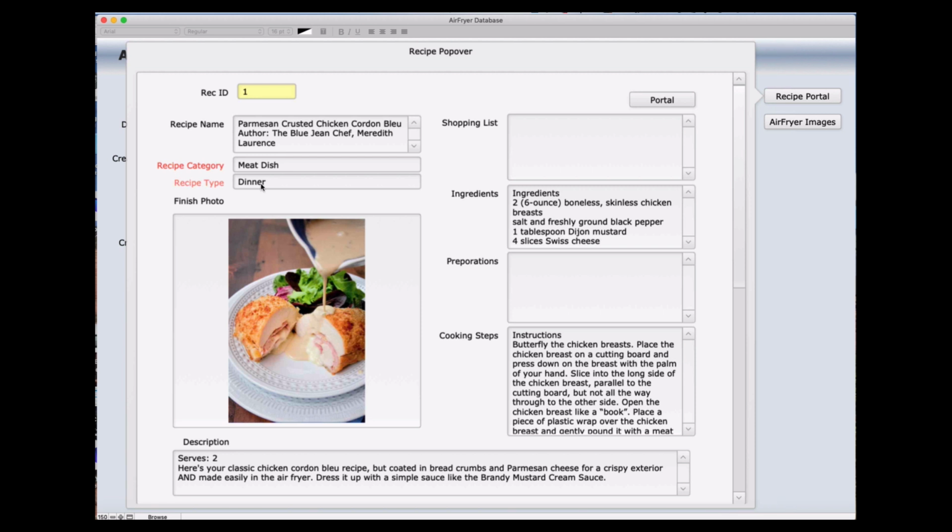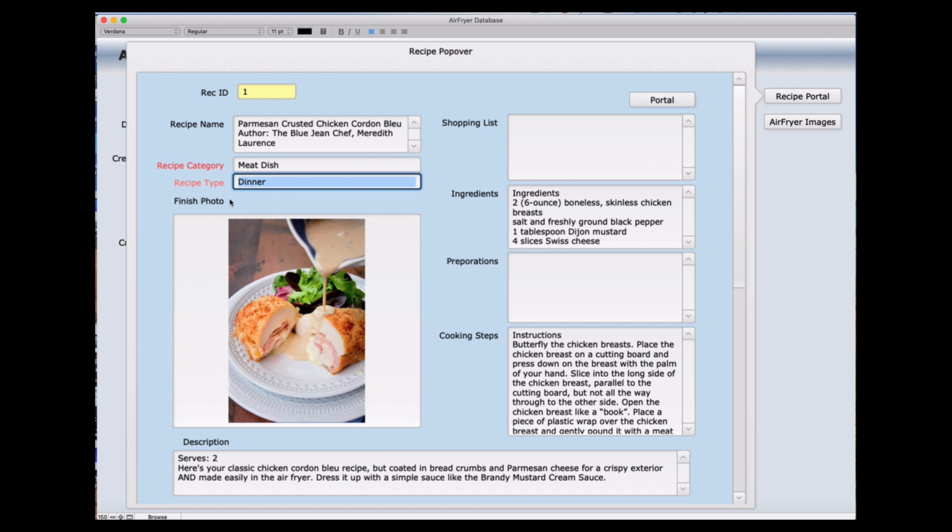You may also want to do a slash and call it a lunch thing if you want to. What happens when you do a search on this field, if you have dinner and lunch, because it could be used for both of them, all you would do is click back into the field after you pick something. Go ahead and click one more time, put a bar, or just type in the information like dinner